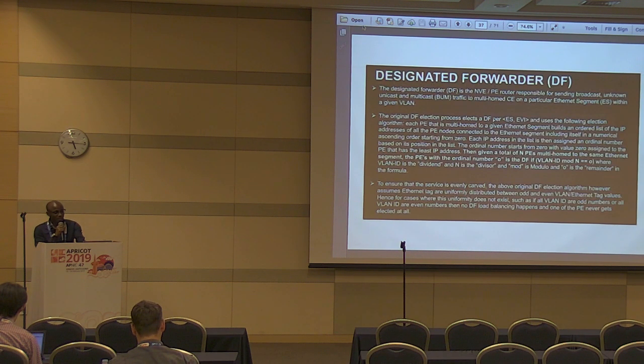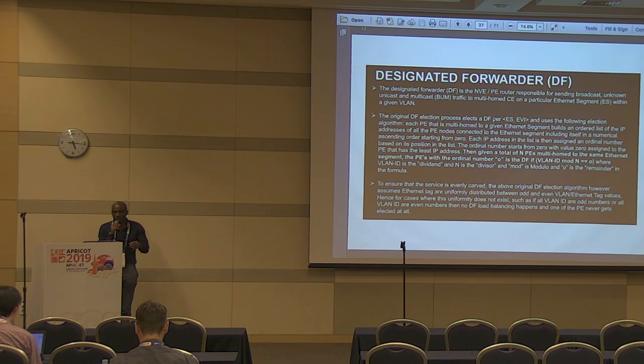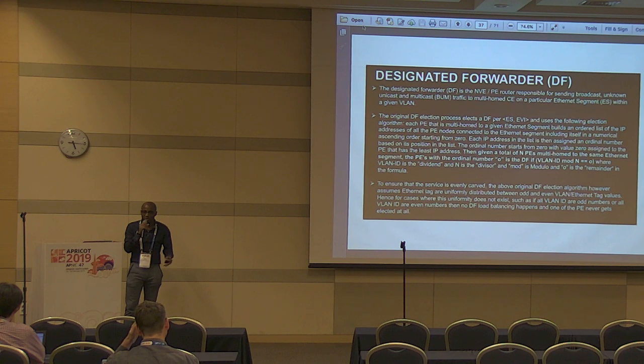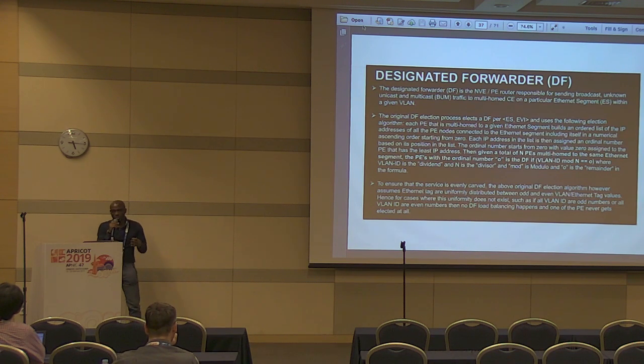There are the type 6 routes, which I have not included in my slide. Again, the type 6 route is an optimization that has now been defined to allow EVPN VXLAN to carry multicast traffic. The type 6 route basically is your selective